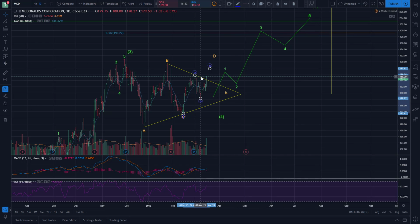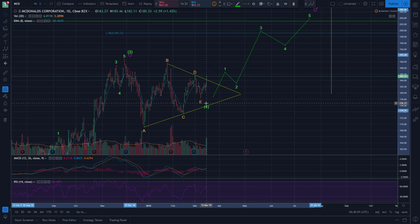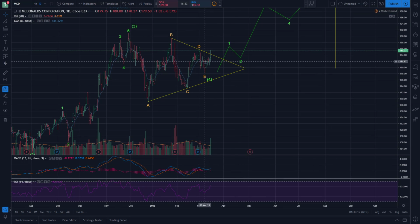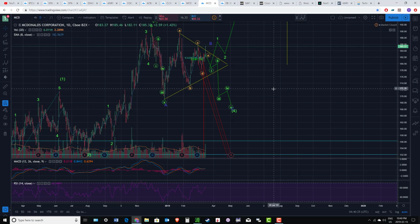Also, aside from that, now I'm not saying that this is the case. In fact, ideally, the triangle is complete and we're moving up from here. There are certainly reasons to believe that, but I just want to make sure I highlight that it's not a certainty. Well, it never is, right? But another thing is, as I point out in the other video, and let me go over here,